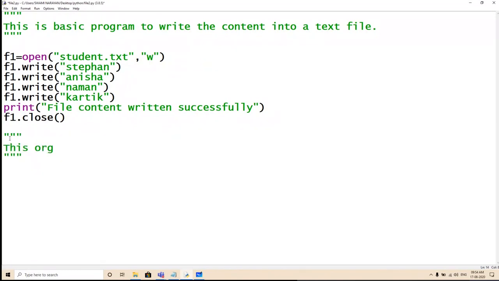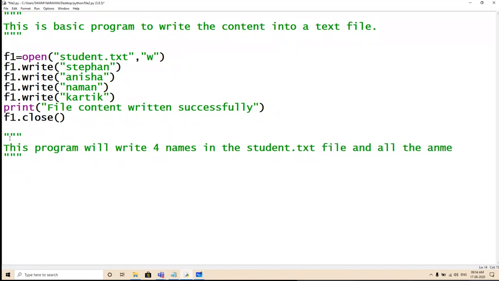This program will write 4 names in the student.txt file, and all the names will be stored in the same line, that is the first line only. This is the main problem of this program. All the names will be stored in the same line, that is the first line.